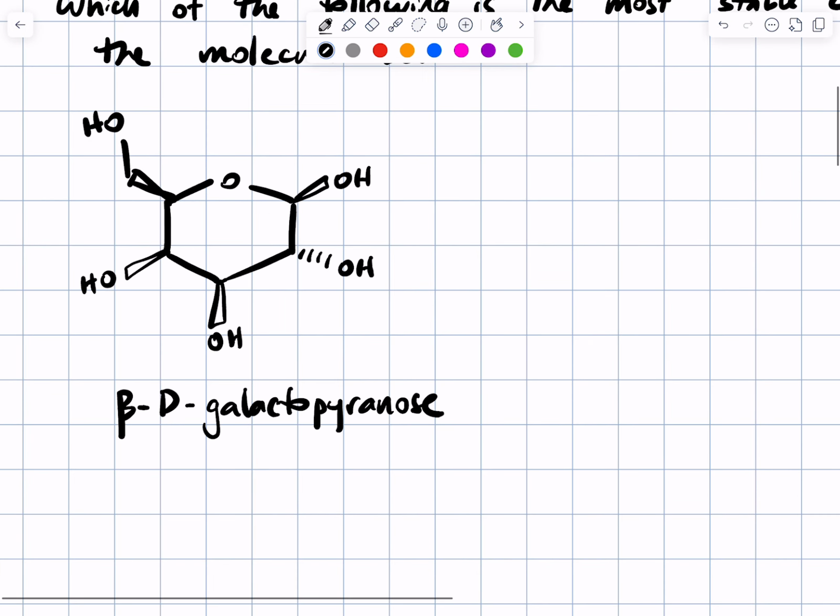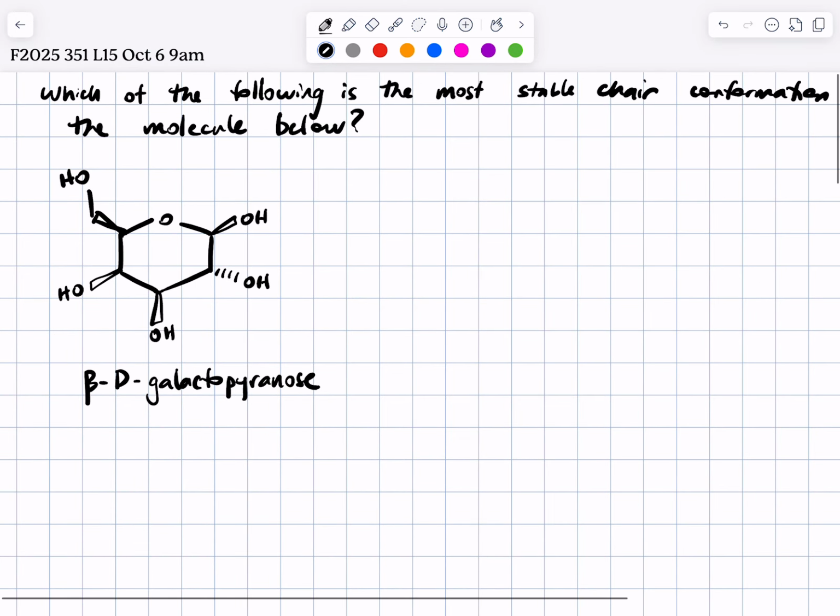So look at this molecule. This molecule is called beta-D-galactopyranose. I've drawn it in an overhead view, but there is a six-membered ring there. Though one of the atoms is an oxygen, you can draw this molecule in a chair conformation. Now, if all you've done is memorize that axial is less stable than equatorial, and you read this question and you fixate on most stable, you might be inclined to draw on your sheet of paper,